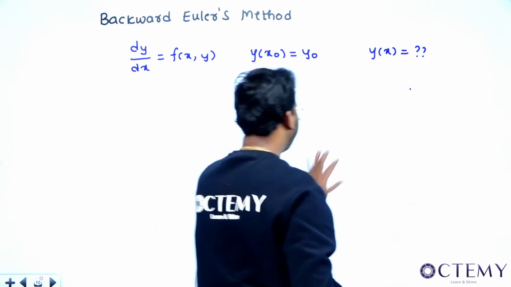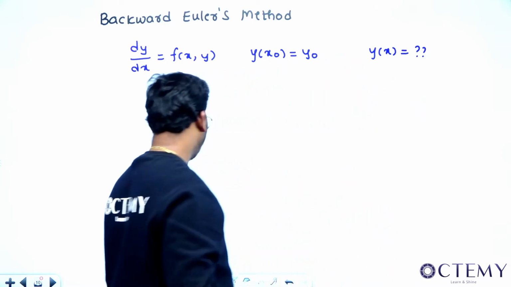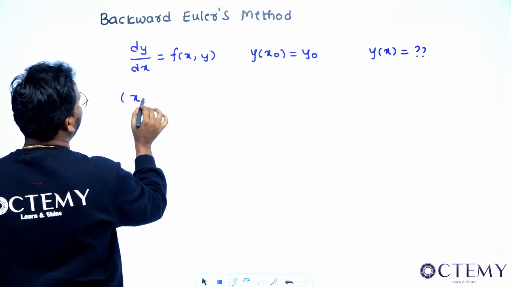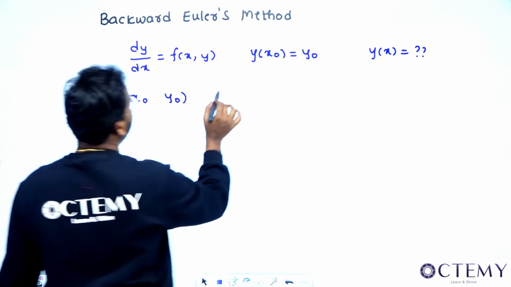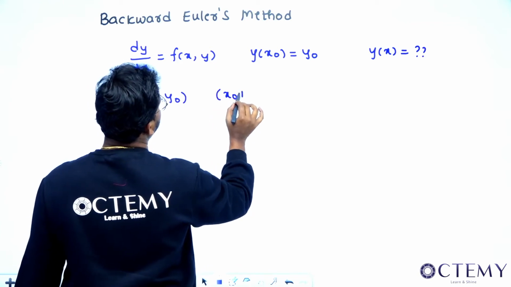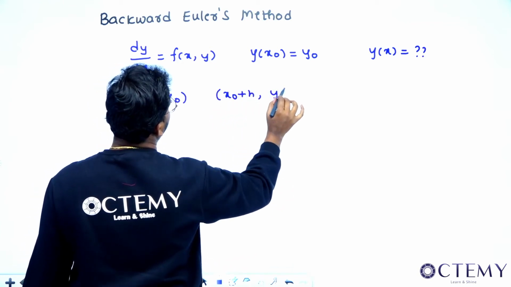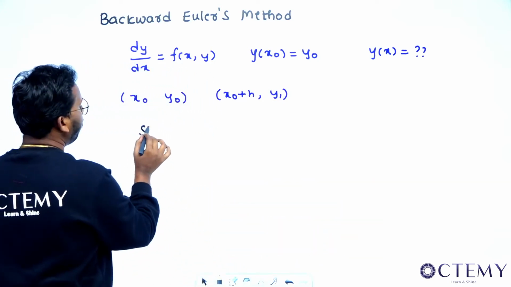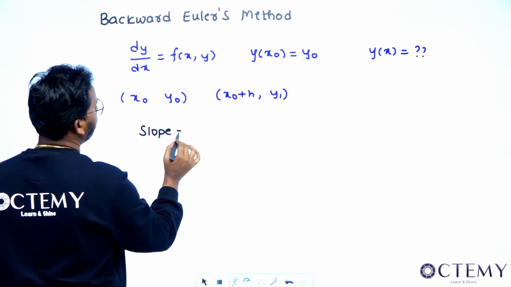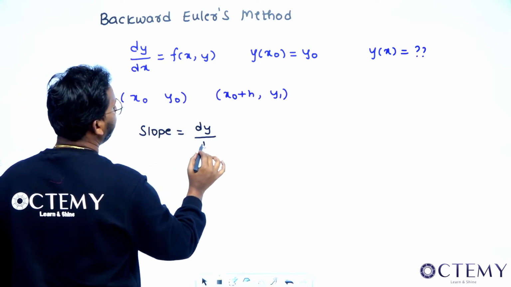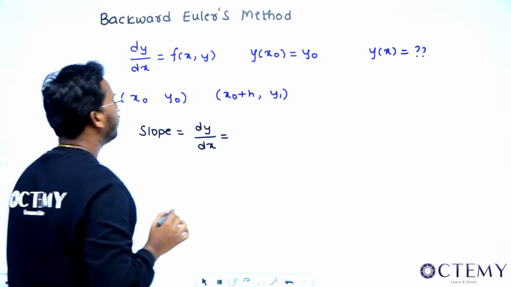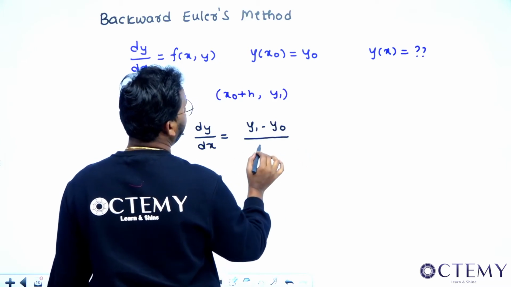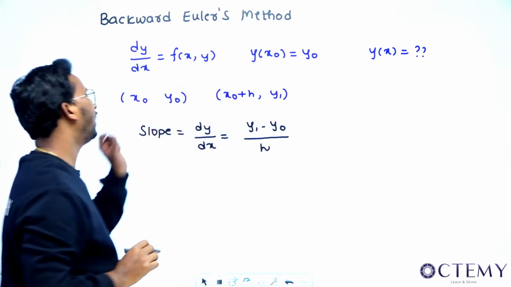Now see, sir, what we will be doing in the implicit method or backward method. How do you find slopes, sir? Assume you have x naught, y naught and x naught plus h, that is basically x1 comma y1. How do you find the slope? The slope is found like this. What is slope? That is actually dy by dx, that is y1 minus y0 divided by h, that is x0 plus h minus x0.